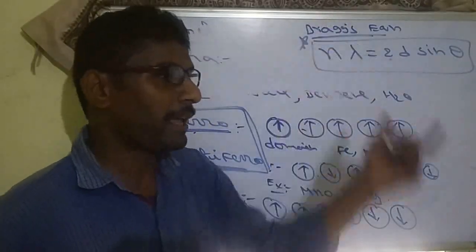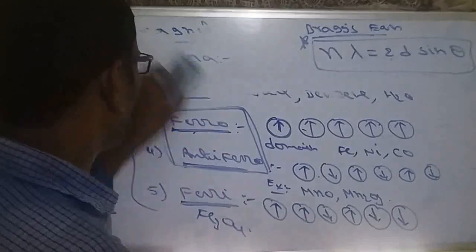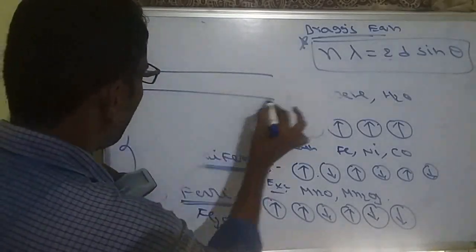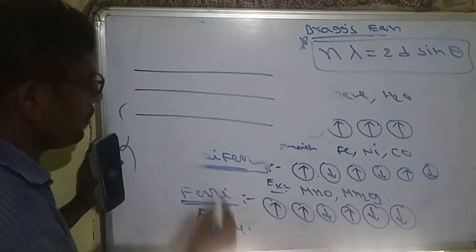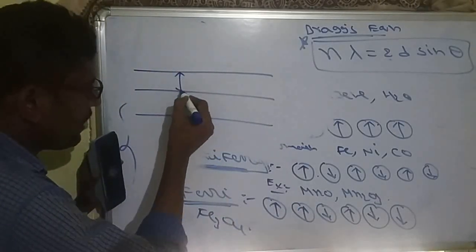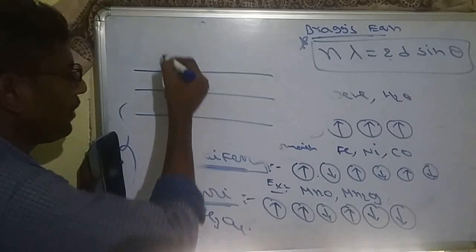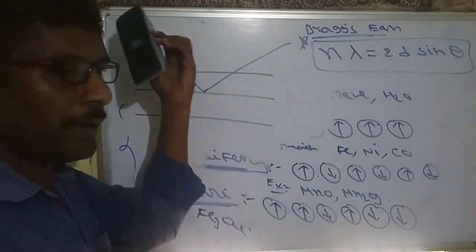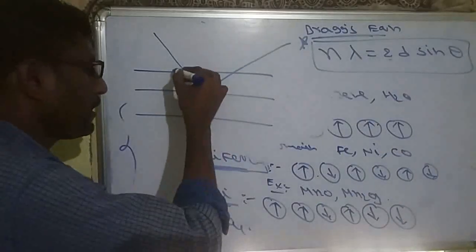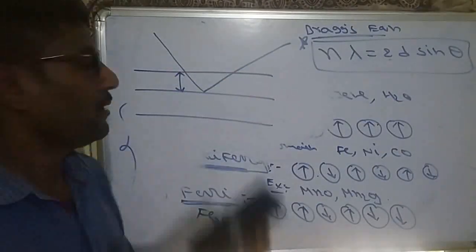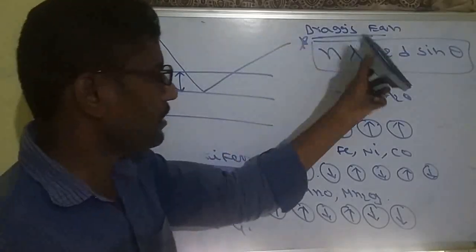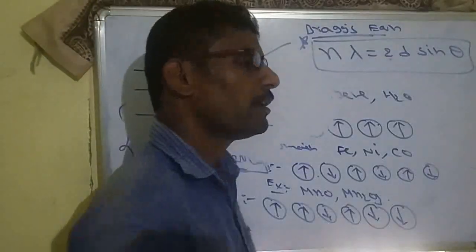So what exactly is Bragg's equation? If you are observing crystalline solid structures, they will be present in layers. So the distance between these layers can be identified by passing a known wavelength of X-rays. So by passing X-rays, we can identify the distance between these planes, or distance between these layers. So by using this equation, n lambda is equal to 2d sin theta.